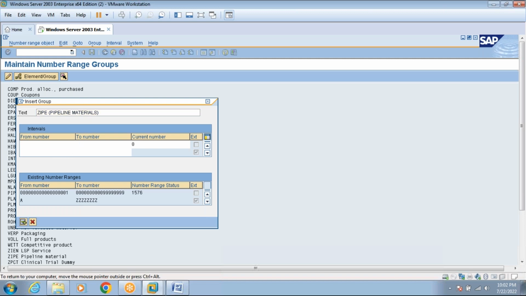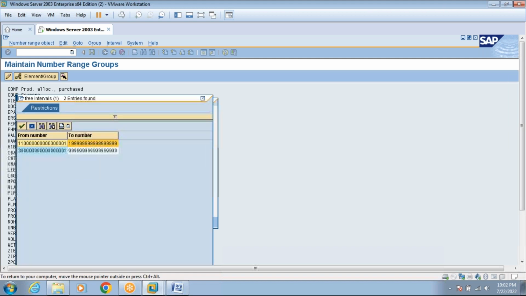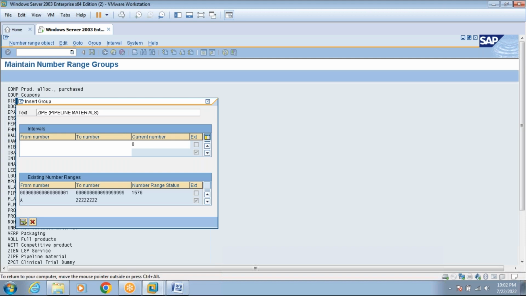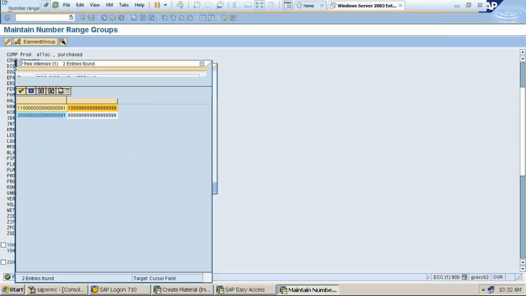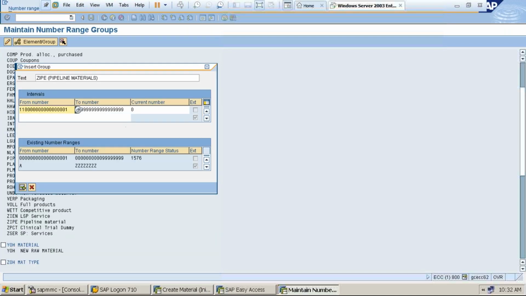As I told you, in real time we need to maintain at least 8 digit. So here I'm taking from the drop down and reducing to some extent. Click enter. Some error is there: please enter from numbers smaller than the to number. So again, take this number and reduce it to some extent.